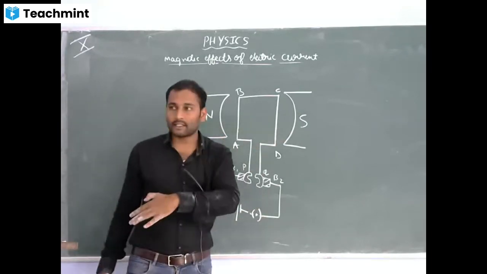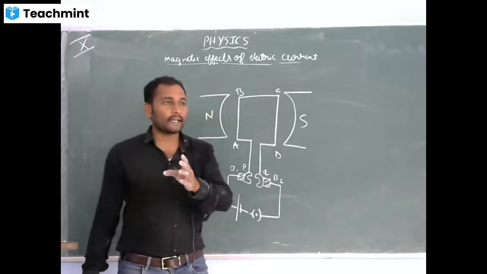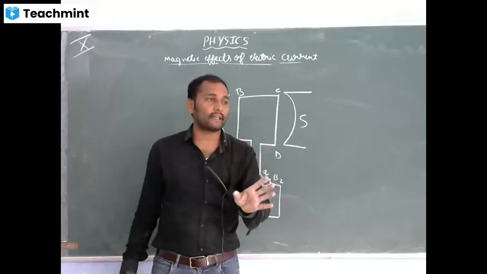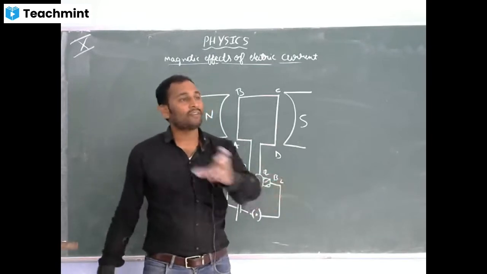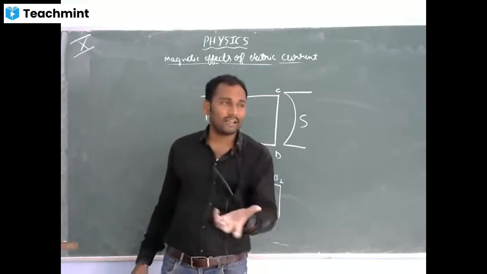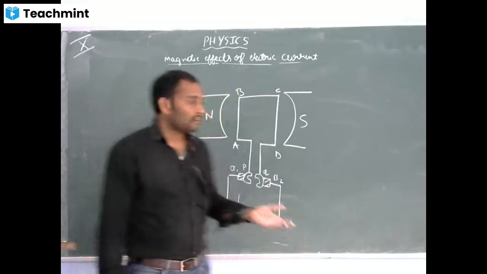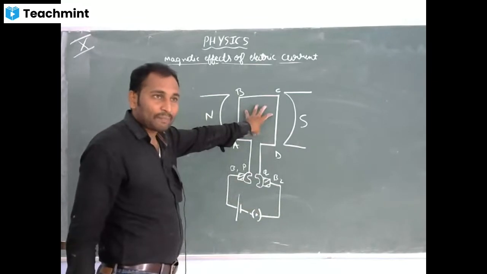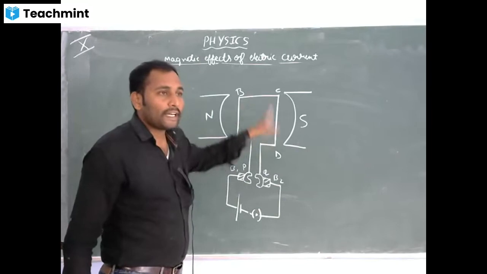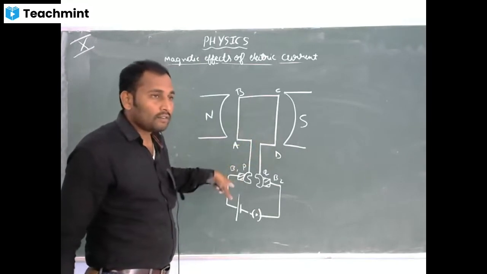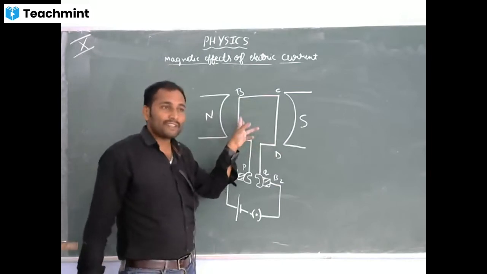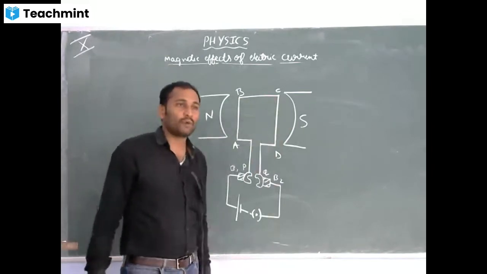Just previously I discussed the force on a current carrying conductor due to the magnetic field, or the magnetic effect of electric current. The electric motor works on the principle of the magnetic effect of electric current, or force on a current carrying conductor placed in a magnetic field. When a rectangular coil is placed between two powerful magnets, the coil starts rotating on passing electric current through the coil. So this is the principle on which the motor works.